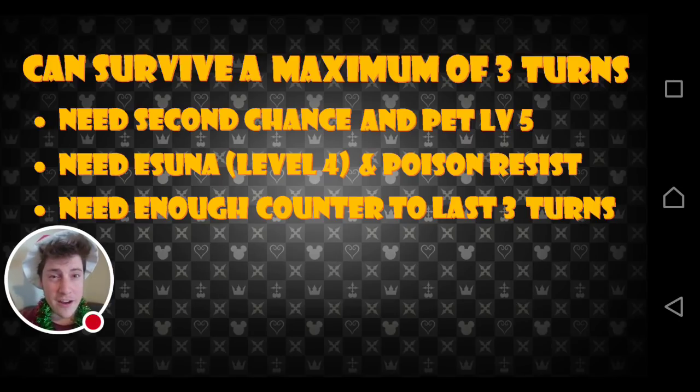Well, if we're at level 5, fantastic, because we're already going to have a Suna which comes from level 4. That's perfect, that's going to help us out once. But technically we can also get away with having poison resist. And if I may make a brief